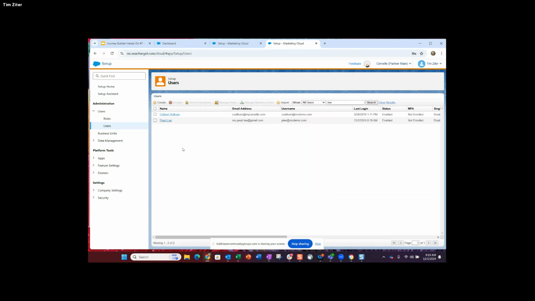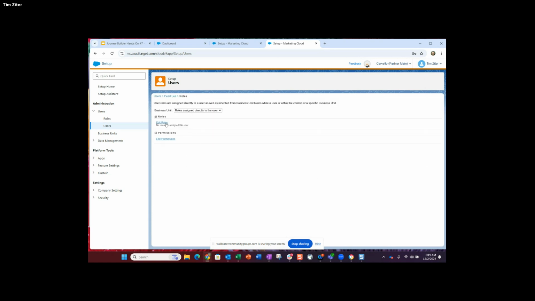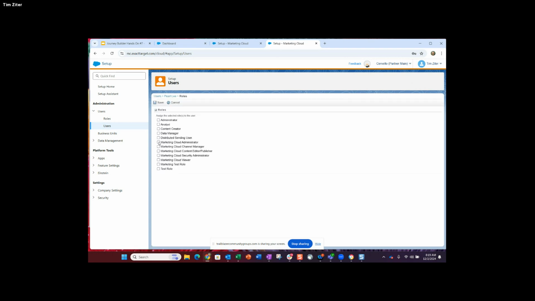We don't have some complex user roles set up, another thing that we can do as a hands-on assignment. So we're going to give you a Marketing Cloud administrator and a full administrator there.